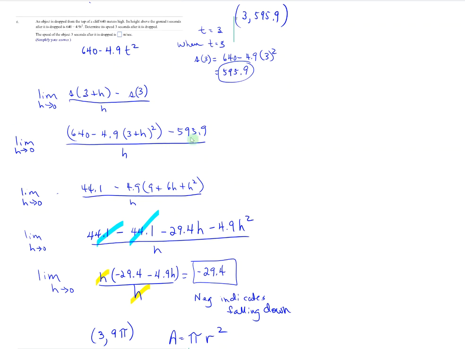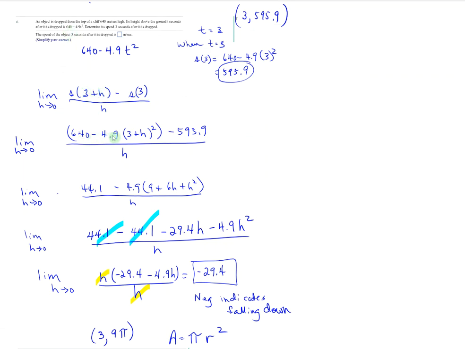All right, so what we want to think about, they gave us the distance, the height, and we're finding its instantaneous speed at 3 seconds. So we know the position at 3 seconds would be 595.9. We can plug that in. So we need to find the instantaneous speed by taking the derivative of this thing. So we're going to take the limit as h approaches 0, s of 3 plus h minus s of 3 over h. And this is